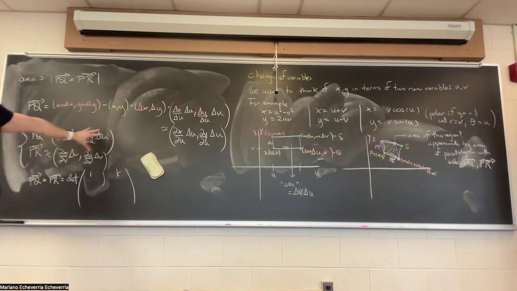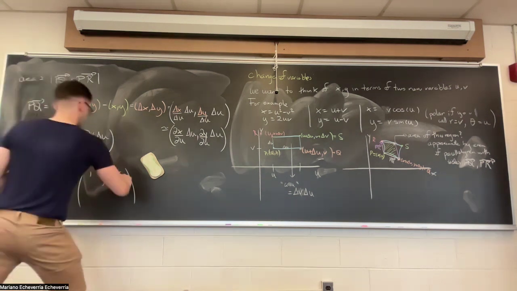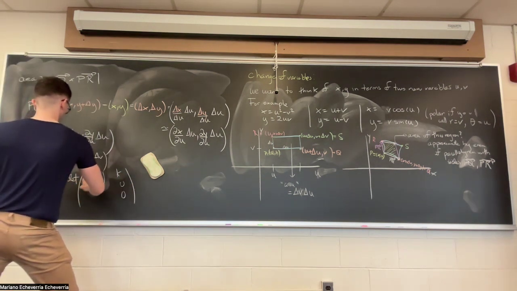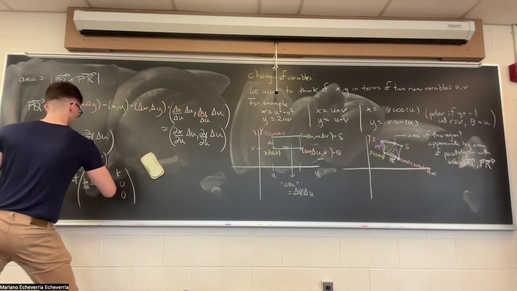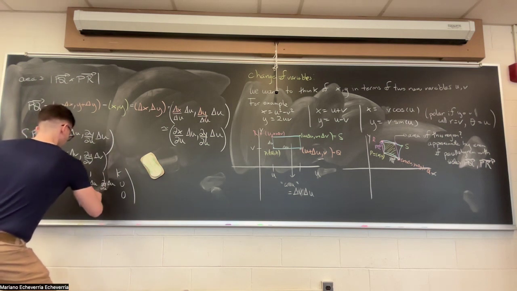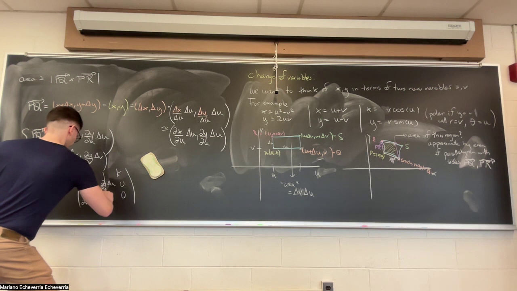This is nice because the third entry is 0, right? They're on the plane, so the last entries are 0 in both cases. So you put the term partial of x with respect to u, delta u, partial of y with respect to u, delta u, and partial of x with respect to v, delta v, partial of y with respect to v, delta